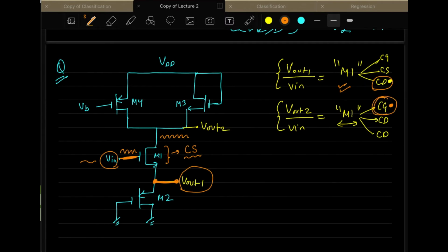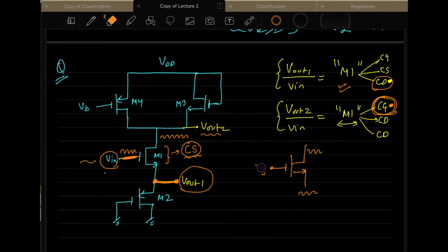Whereas what you are saying is common gate. In this case, it is not common gate, because in common gate, the gate has a constant voltage VB. You apply input at the source, you get output at the drain. But here your input is not applied at the source. That's why this is a common source circuit when you consider V out 2 by V in, but it will not be a common gate. So now, is there any confusion here in understanding this? Now I think you can solve any question and tell whether it's a common gate, common drain, or a common source.